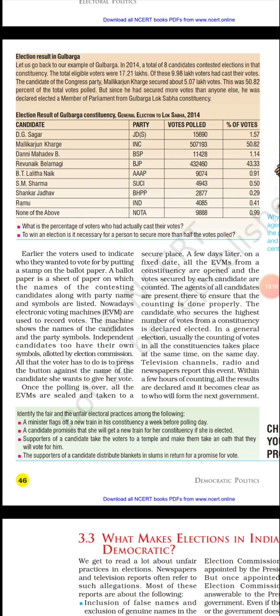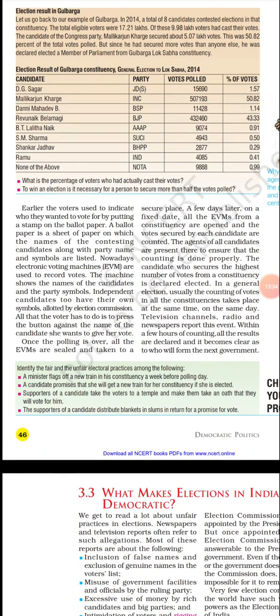And you will see that when the counting was going on, every news channel was showing news regarding the counting of votes: this party is winning this much, that party is winning that much, till now he got this much of vote. Newspapers and news channels, you will see this. And finally, the candidate who secured the highest number of votes from a constituency is declared elected. Who got the majority or the highest number of votes, he or she will be declared elected.